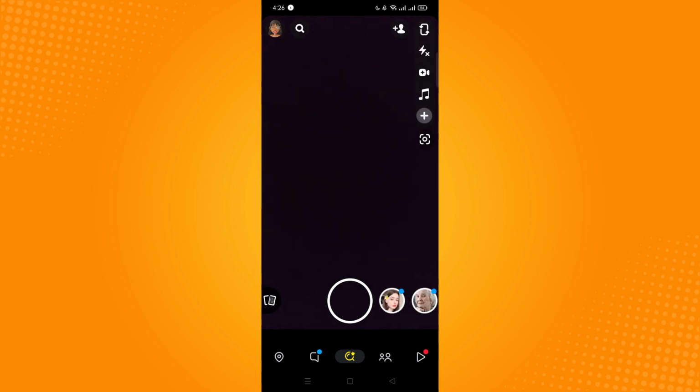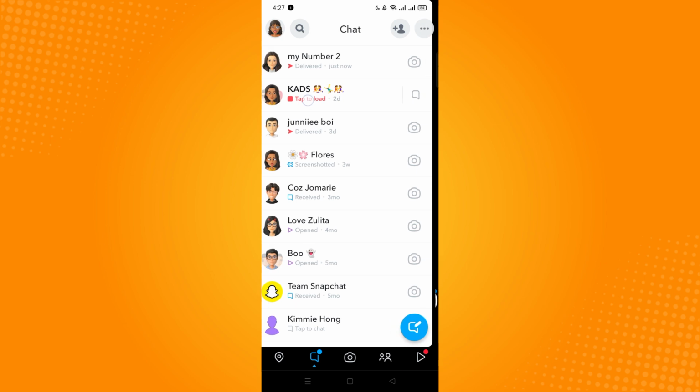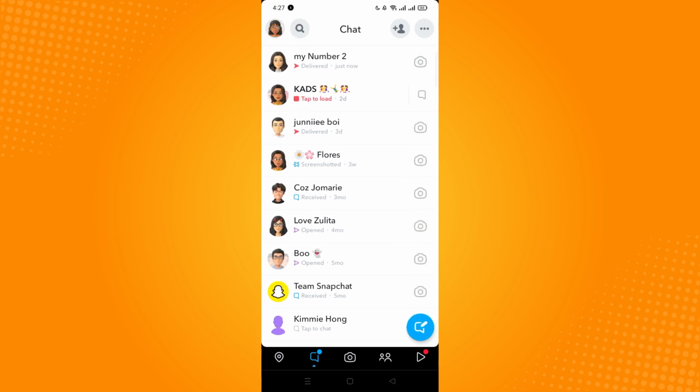So to send a normal snap without filter, it will actually look just like a new message. Now, you want it to be just like this. This is actually an example of a new snap. So to send a new snap notification to that person, all you have to do is go back to your